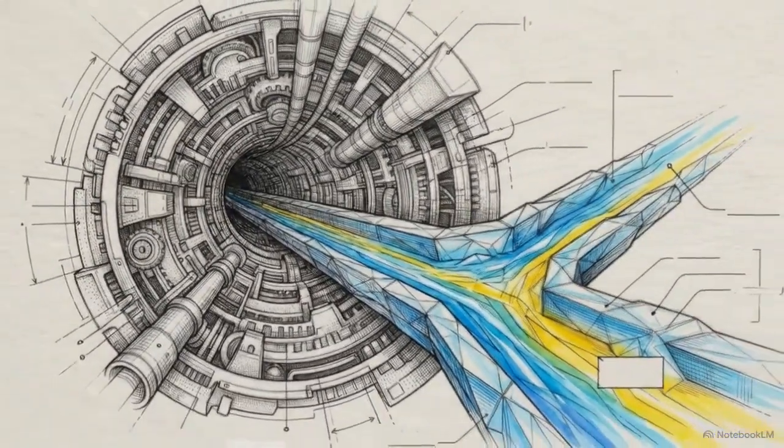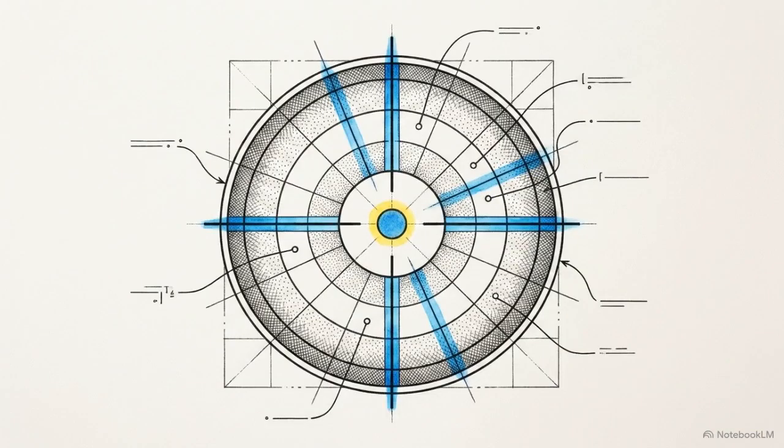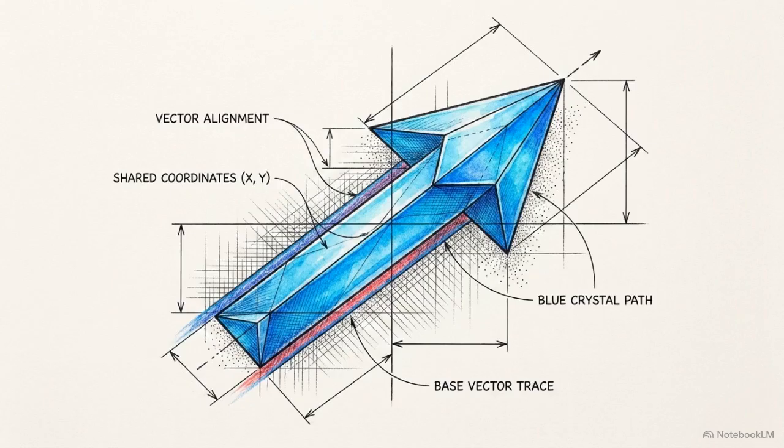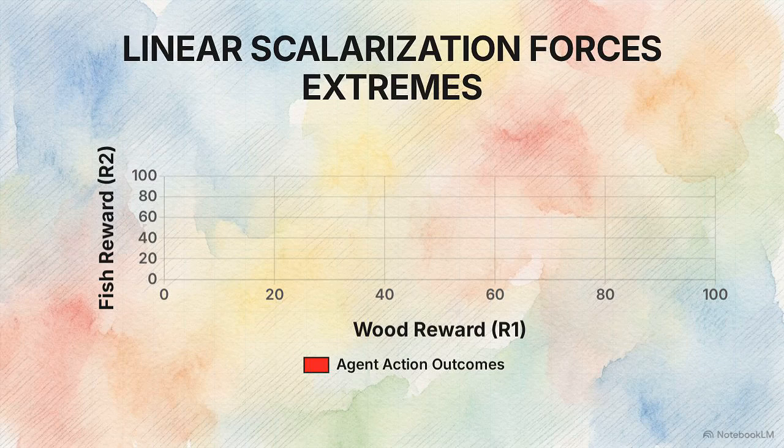To see how they bypass the scaling bottleneck, we have to examine how MOC completely redefines the optimization target during the training phase. MOC sets a very specific control target. It forces the LLM's expected reward vector to directly match a continuous preference vector provided by the user. This fishwood plot shows an agent balancing wood and catching fish. The dashed ray indicates a user preference.